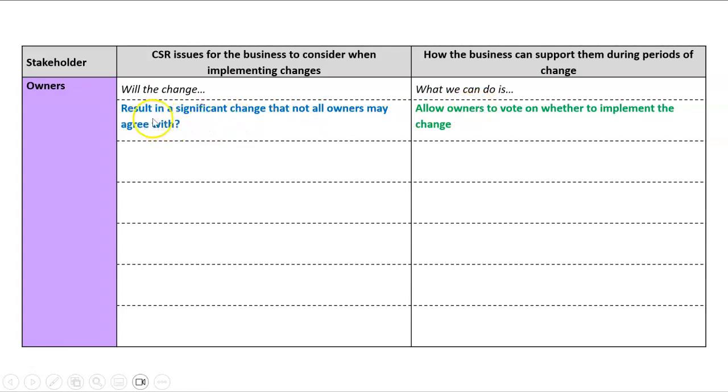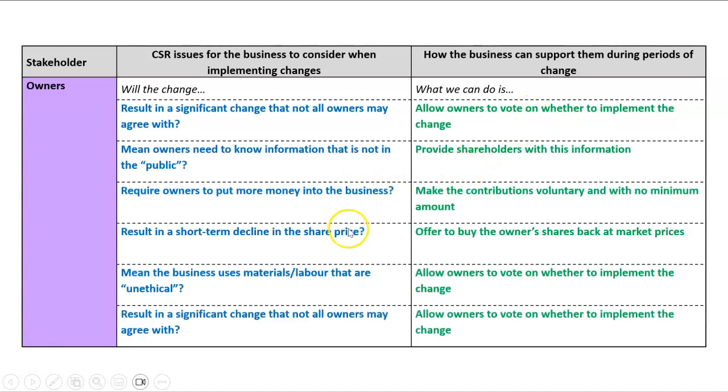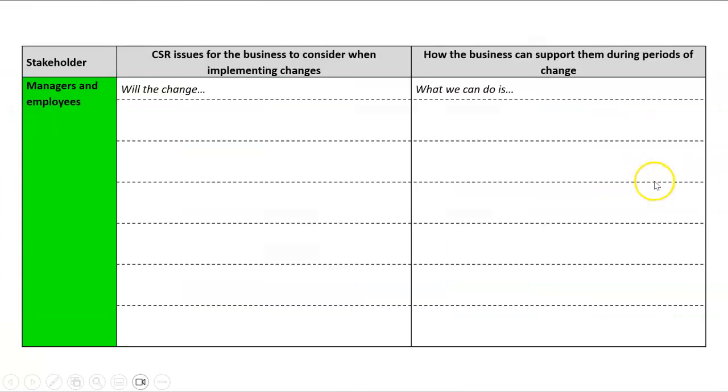So for example, will the change result for owners, is it a change that not all owners agree with? So what can we do? We can allow owners to vote on whether to implement the change. And this is just not a set list. This is just lists of things that we came up with when we learned this topic, of just things you want to consider when it comes to the owners, and then what the business can do to help support the stakeholder. Likewise, we want to do the same for